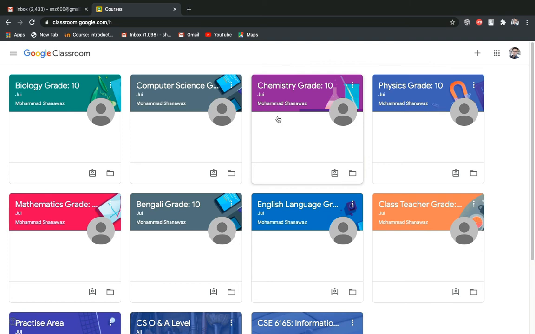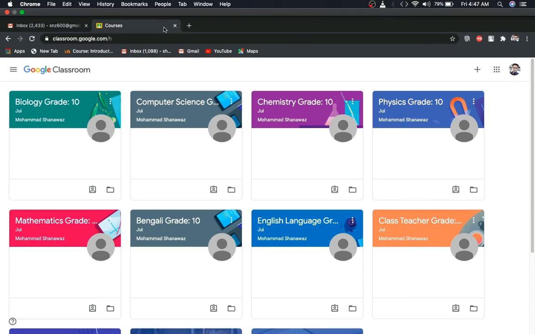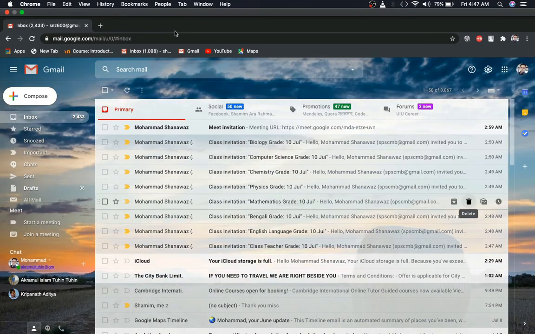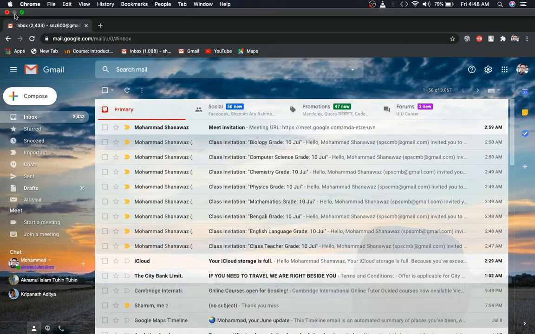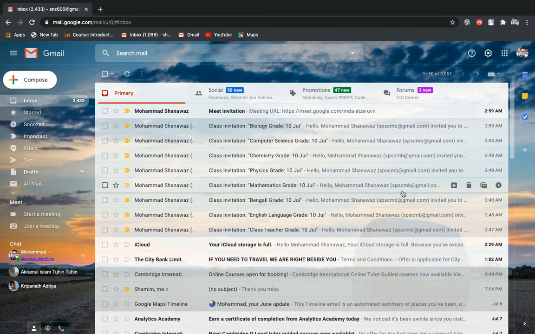So in Google Classroom you can see the classwork, homework, and you can submit your classwork, homework, and you can do the class test and surprise test. And you can see the common information in the class teacher room. So this is the way you can work with Google Classroom. When you are done working with Google Classroom, you just simply close the classroom. And when any new work is assigned, you will get an email for the assigned work. So this is the way you can work with Google Classroom, and you can work with the live class.